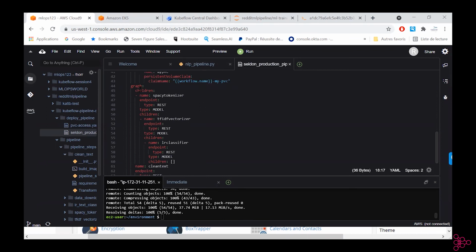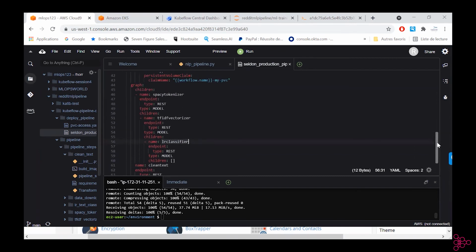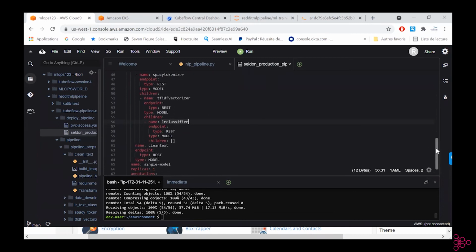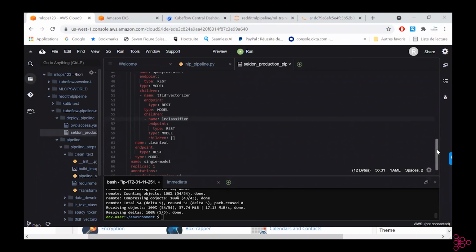This is why we use a graph here. The graph will allow the spaCy tokenizer to take the data, then output something and send it to TF-IDF, and then send it to the LR classifier. With this, we have the ability to orchestrate information between the four potential microservices that we have here.